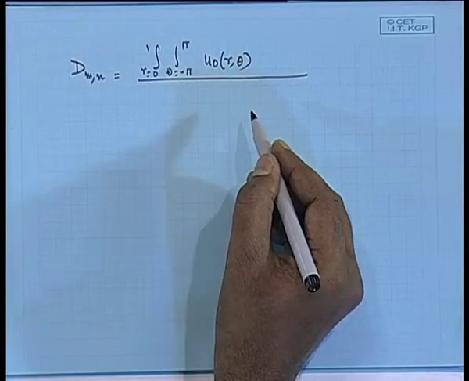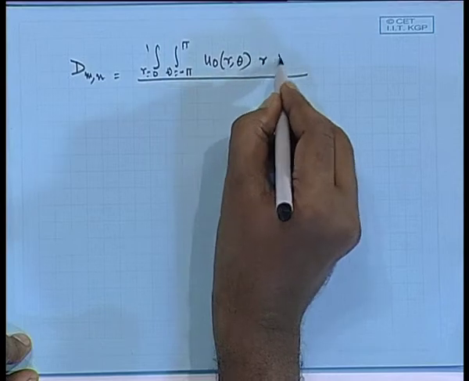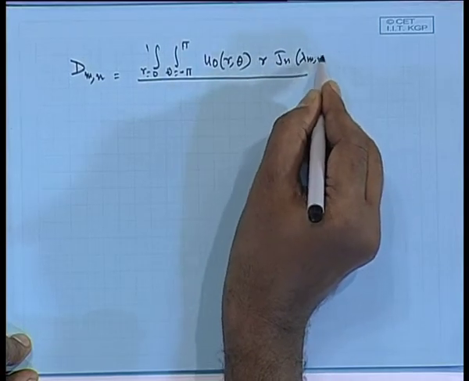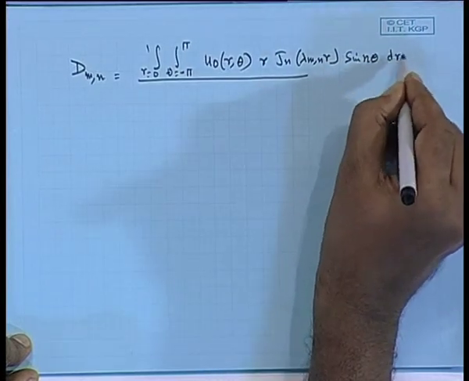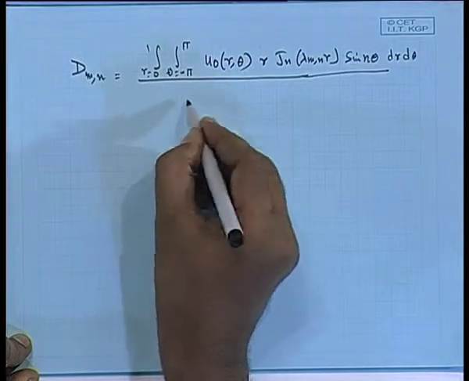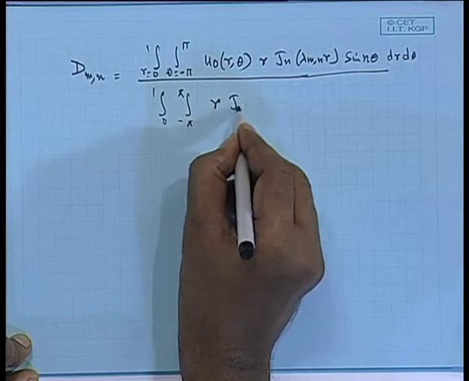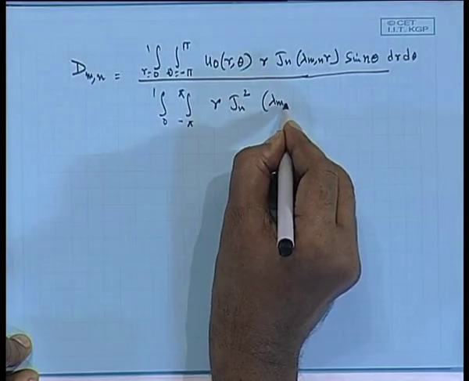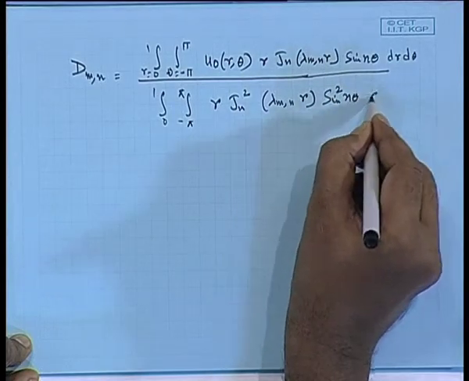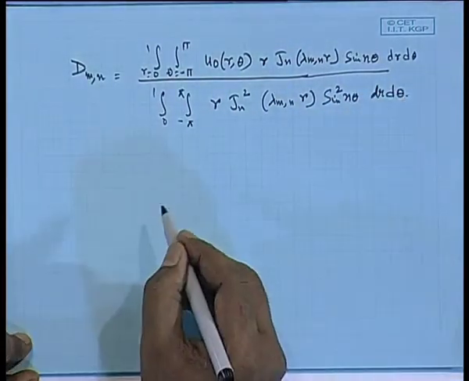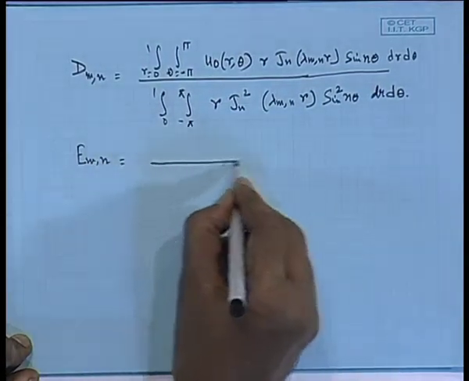That means you put the initial condition at t equal to 0, u is equal to u0. And E_mn will be coming out to be